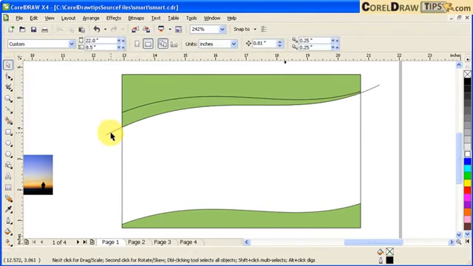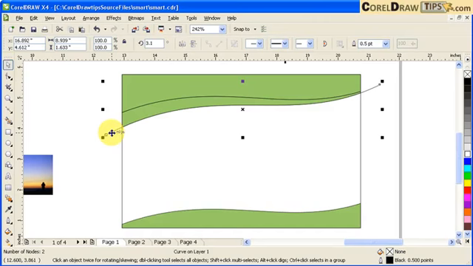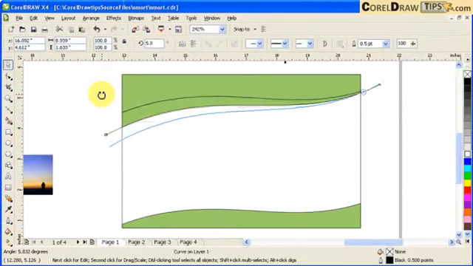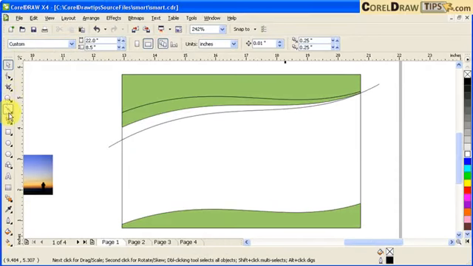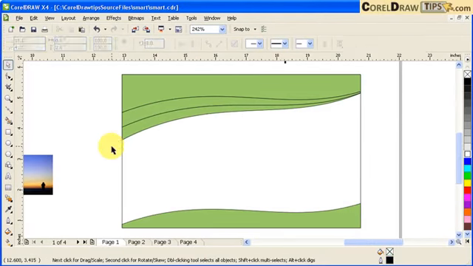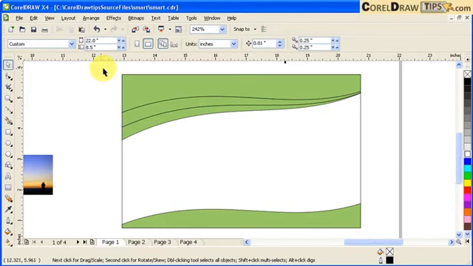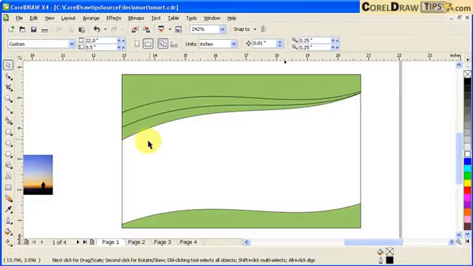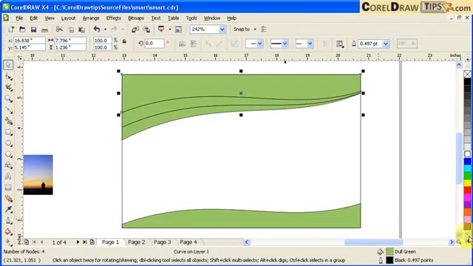Okay, so I click again, one more click, and if this one shows up, it means you can rotate it. I'm going to click on the rotation point, going to this side here, and then I'm going to rotate it again. There. I'm going to go to my Smart Fill tool again, click, and then click that again, and then I'm going to delete this line. Now right now I have 1, 2, 3, 4 objects that I can play around with the effects,